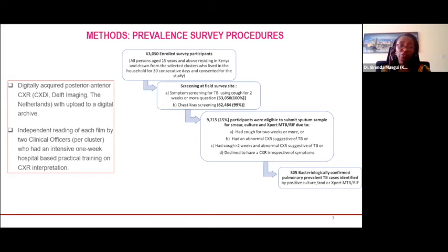Now, the X-ray, so we'll focus mostly on those that got X-rays. So X-rays done were digitally acquired posterior anterior. We used the Delft imaging system with upload to digital archive. And then independent reading of each film was done by 2 clinical officers. This is at a field site level. They had received intensive training on chest X-ray. And so any chest X-ray that they classified as abnormal suggestive of TB, then that underwent sputum, as I had said earlier. So for the purposes of study, we'll be focusing on the